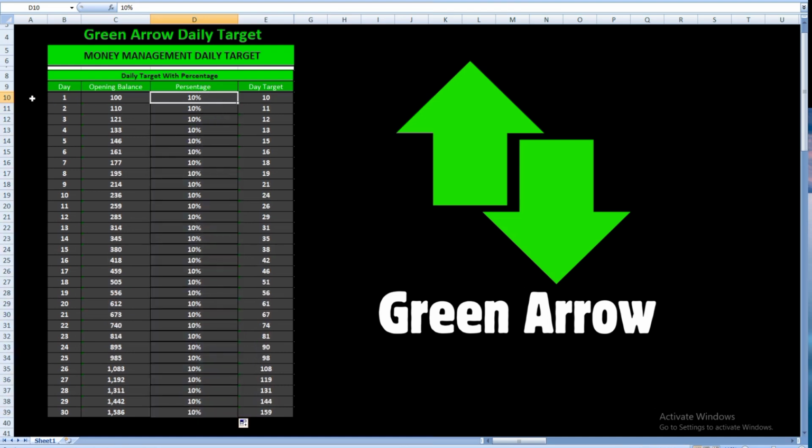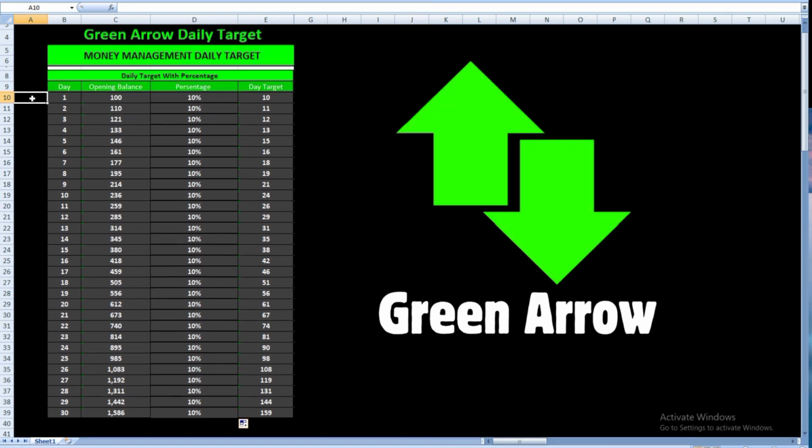Here is your trading plan for the next 30 days according to the daily profit target of 10%. In that row you get your capital for each day after increasing by 10%, here is your daily target in percentage, and in the last column